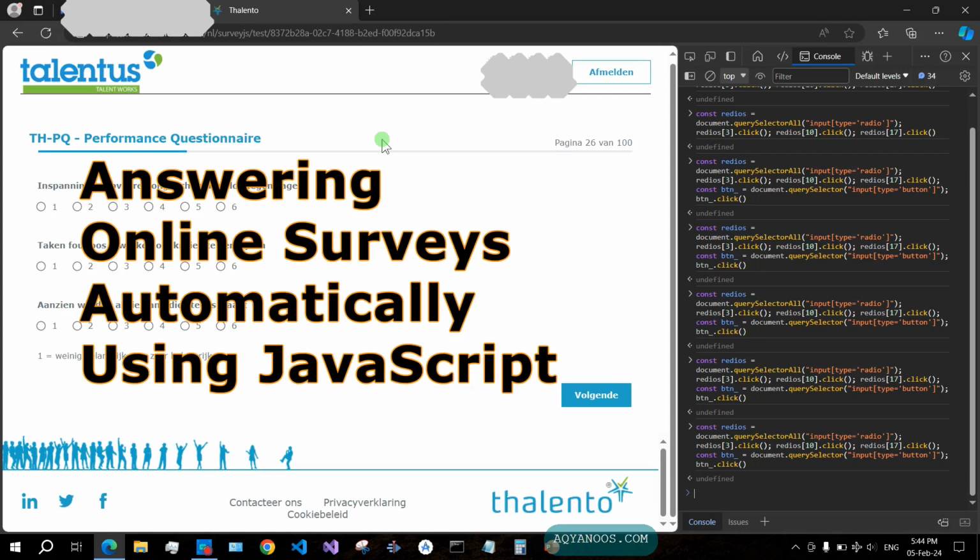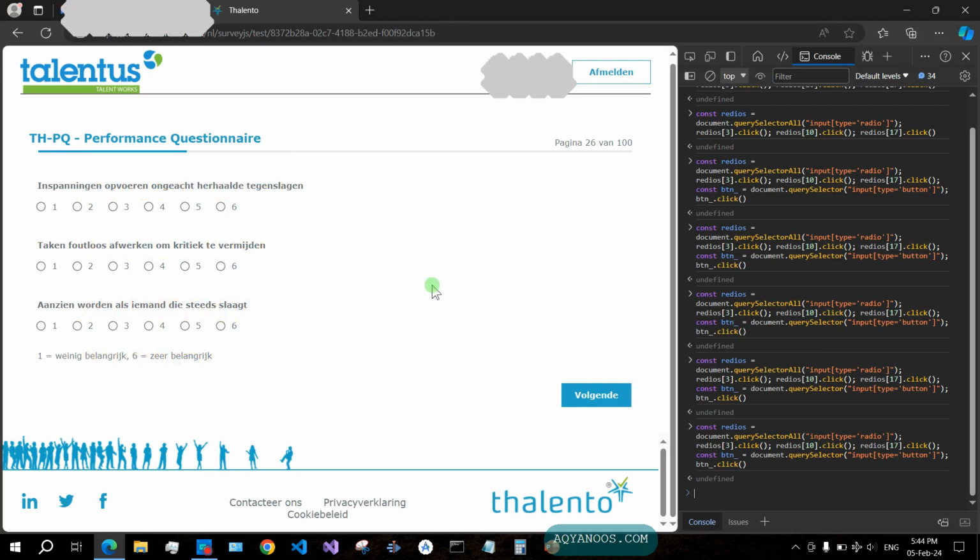I personally don't like personality tests or surveys. So as you see, this is also 100 pages. I already answered 26 pages. So instead of reading each question, choosing the score here and then clicking on the next page, I